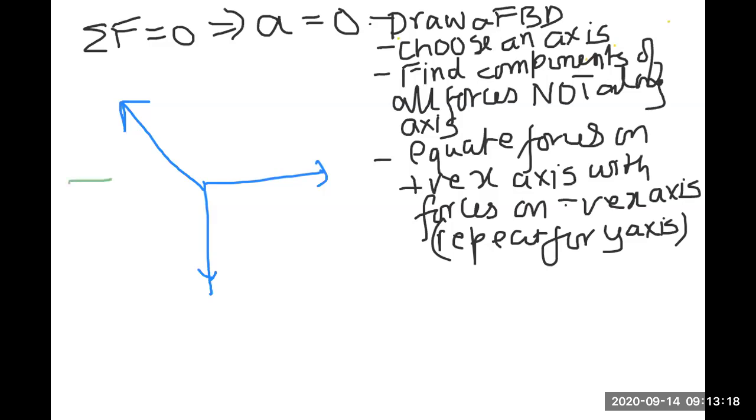So what I do is I construct an xy axis, which is another way of saying that we are talking about I cap and j cap. And then from geometry and other means, which I'll discuss today, we'll find the angle theta. And once we have found the angle theta, then we can talk about the components of this force. And then all you do is you,